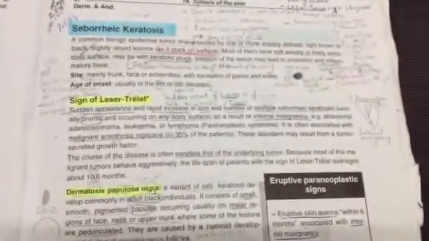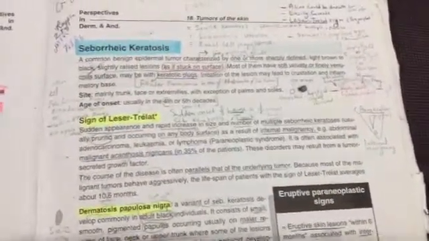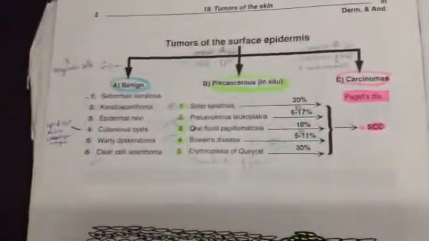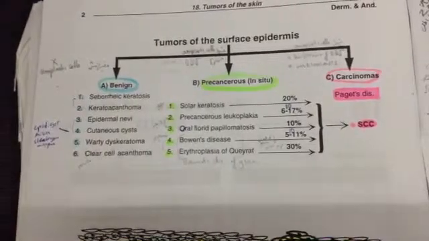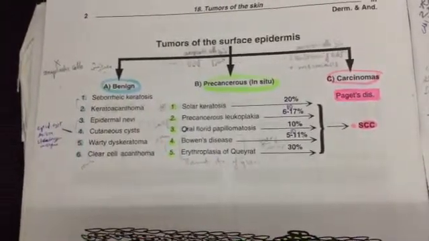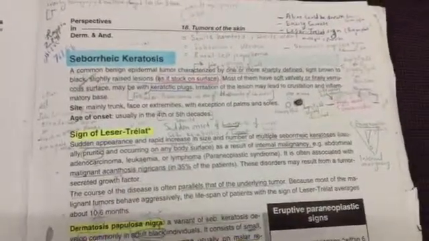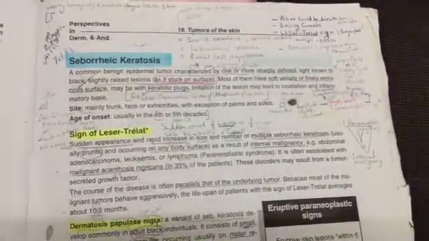The first benign tumor is the seborrheic keratosis. So we will talk about the seborrheic keratosis. We'll start with the benign tumors: seborrheic keratosis, as we said, keratoacanthoma, epidermal nevi, cutaneous cyst, warty dyskeratoma, clear cell acanthoma. The first is seborrheic keratosis. Seborrheic keratosis, or basal cell epithelioma,